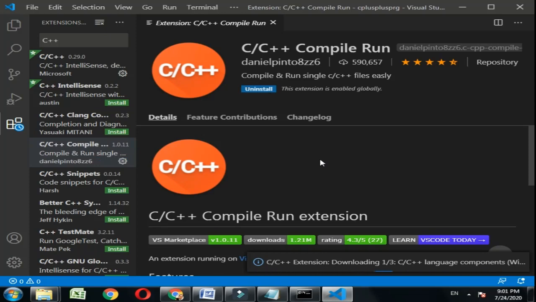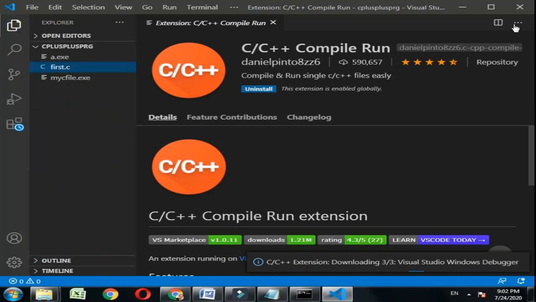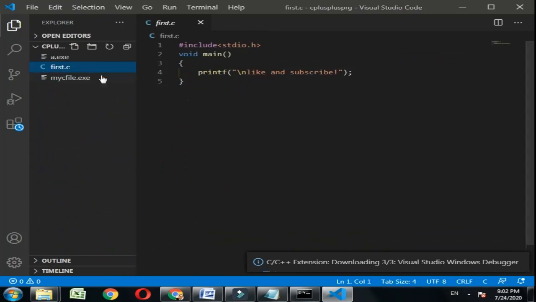Because we have already installed our GCC or G++ compiler, as soon as we complete the entire thing, our GCC will be connected with Visual Studio Code, and whatever we are writing here, we can directly execute with our GCC or G++ compiler with the help of Visual Studio Code. Okay, fine. So now we go to our file. Whenever you want to create another file, click new file and write second.c. Right.